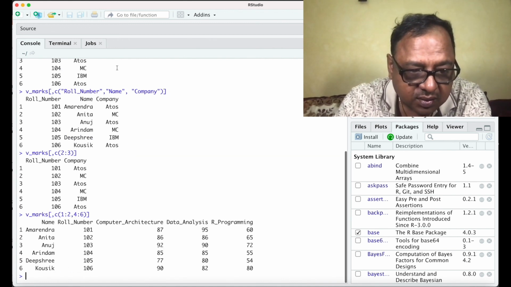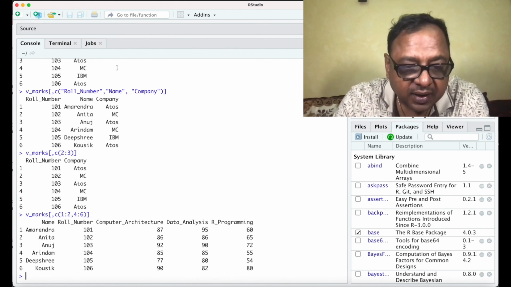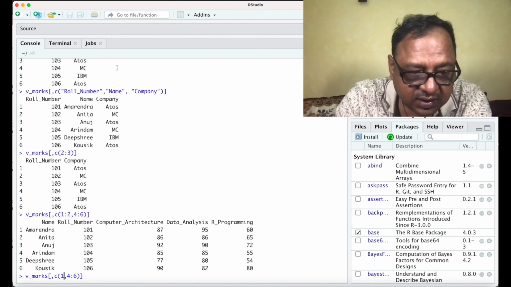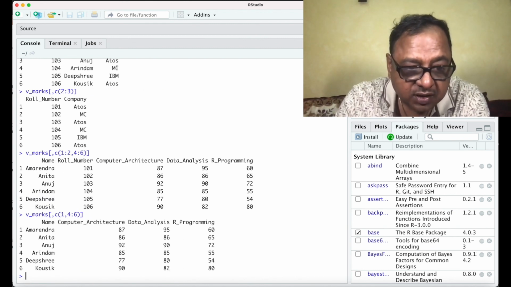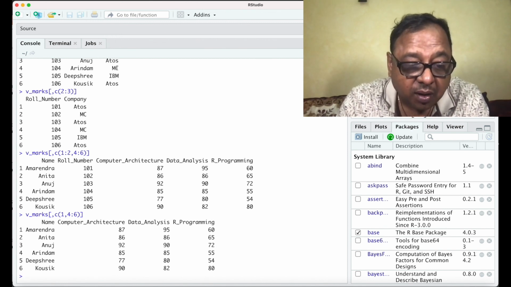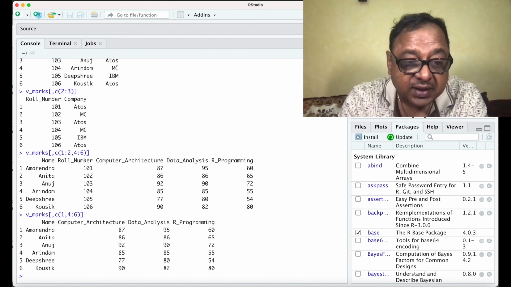So now you see it gives me the last 3 columns and the first 2 columns, and I could have done just this also. So it gives me the first column and the last 3 columns. So I can do all these combinations, and I can see the data.